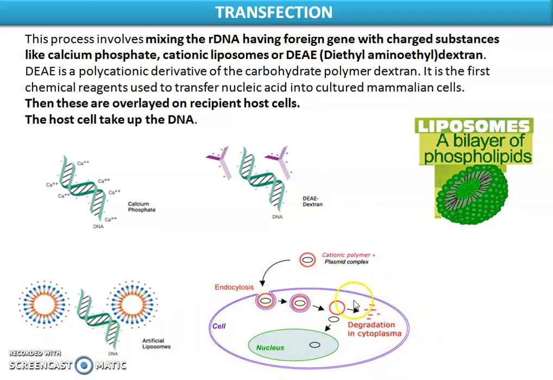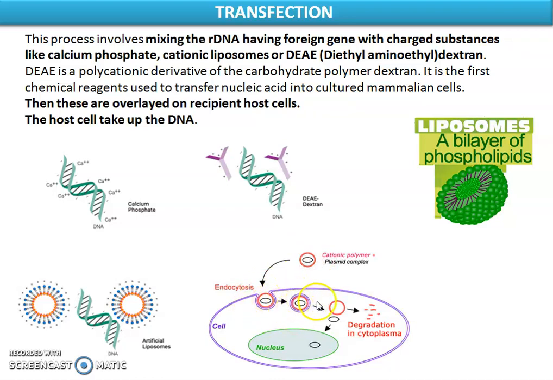See, this is a cell membrane, the liposome loaded with DNA. It is called a cationic polymer plasmid complex. When these two are together, that means liposome loaded with DNA, you call it a complex molecule. So when this is surrounded across the cell membrane around the cultured cells, the cell membrane shows endocytosis. It takes in this molecule. It is engulfing this molecule and it creates a vesicle-like structure.